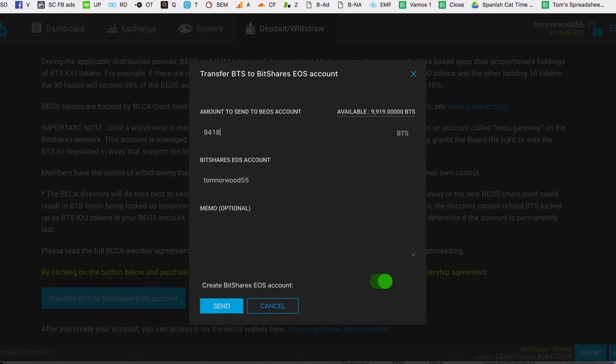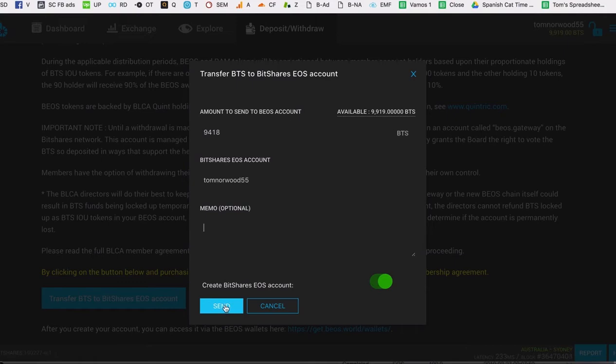There we go, looks like it's one Bitshares. So you'll have to take off 501 from the total amount that you own, 1 for the transfer and 500 for the creation of the account. I'm going to create my account there, memo optional, and I'm going to